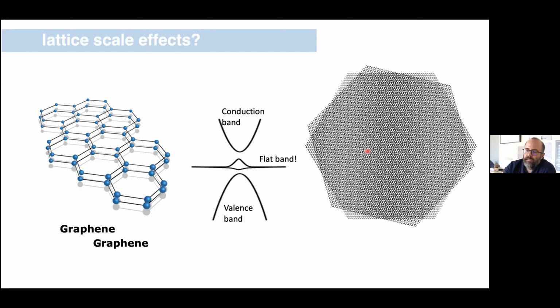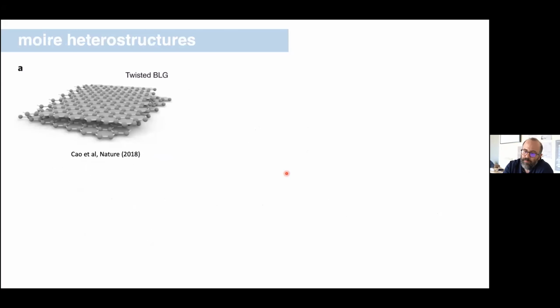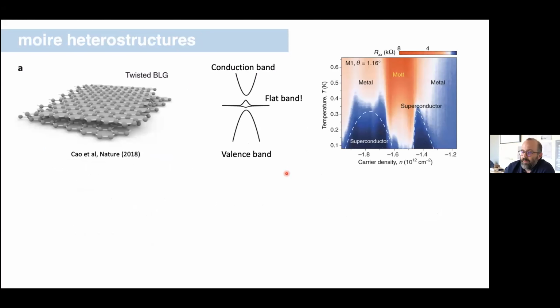Okay, so this system is supposed to be a flat band system. Is it, and does it host any interesting properties? And the answer is absolutely yes. The system absolutely is a flat band system in the way that was anticipated by the early theoretical work of, for example, Al McDonald. And it turns out when you measure the system, it's remarkably unique compared to measuring graphene in any other configuration. Two of the things that pop out in the first experiments are, one, that it superconducts. Until very recently, it wasn't identified that any other form of graphene had any kind of superconducting phase.